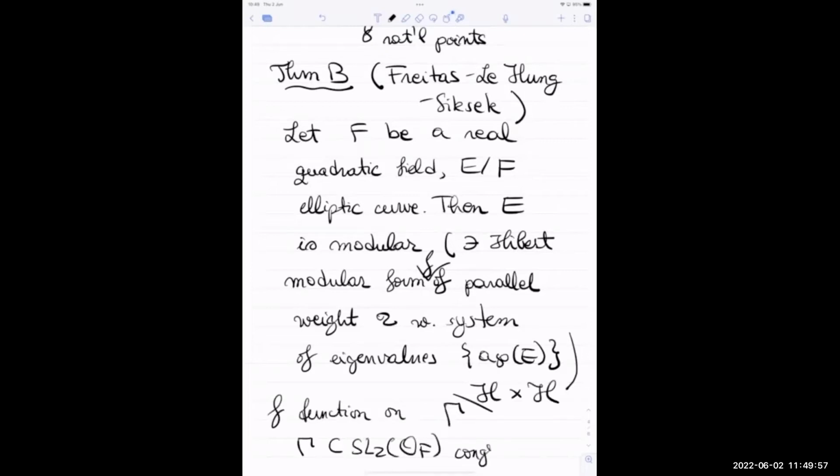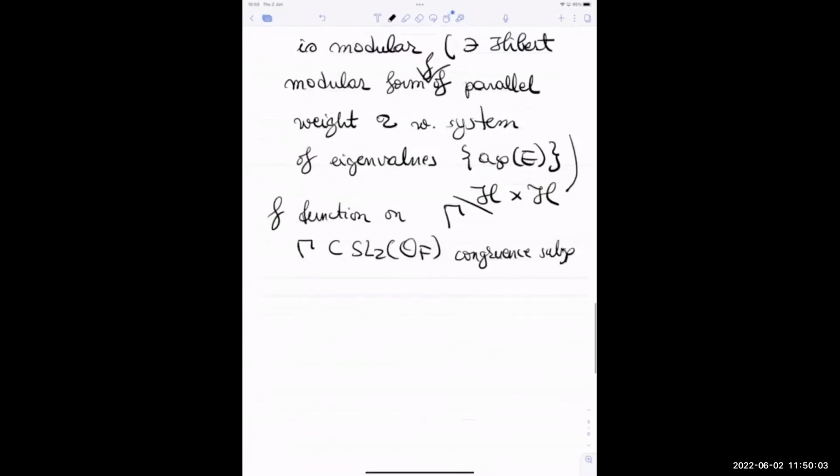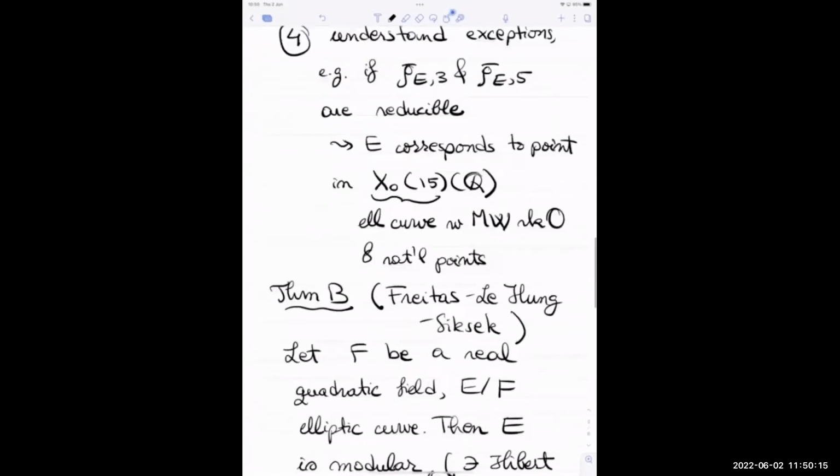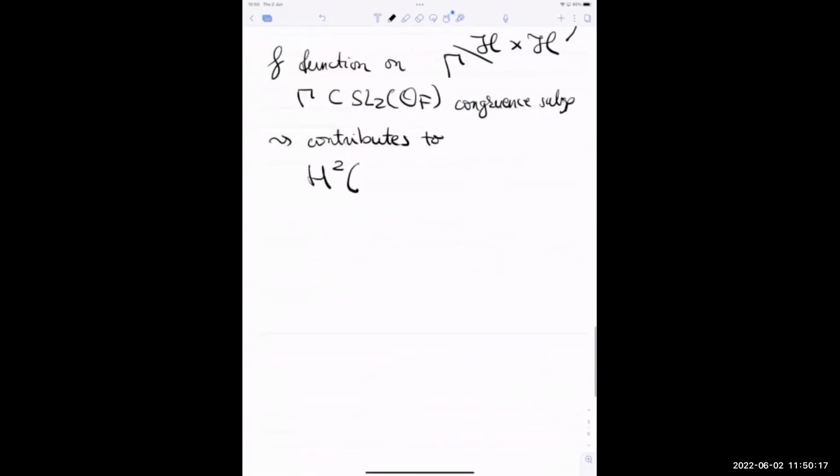Right, so that's sort of what a Hilbert modular form is. Another way to think about it is it contributes to the cohomology of the associated Hilbert modular variety. And it would contribute in degree 2,